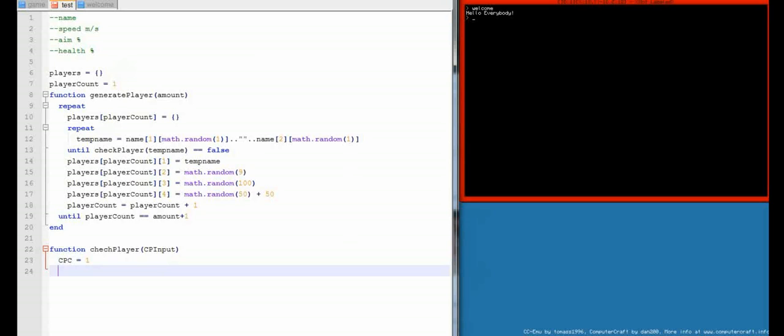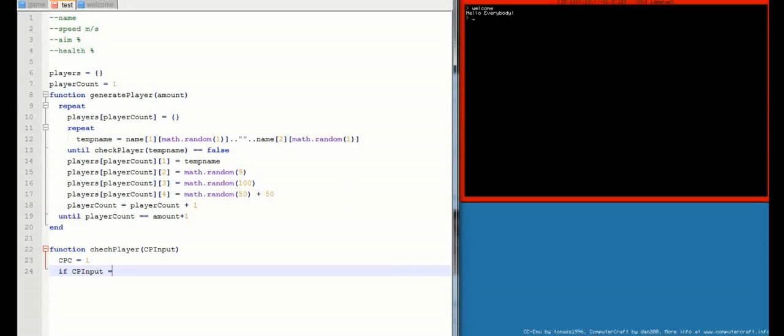Then let's see, we have the input here, so we'll have play if CP input equals